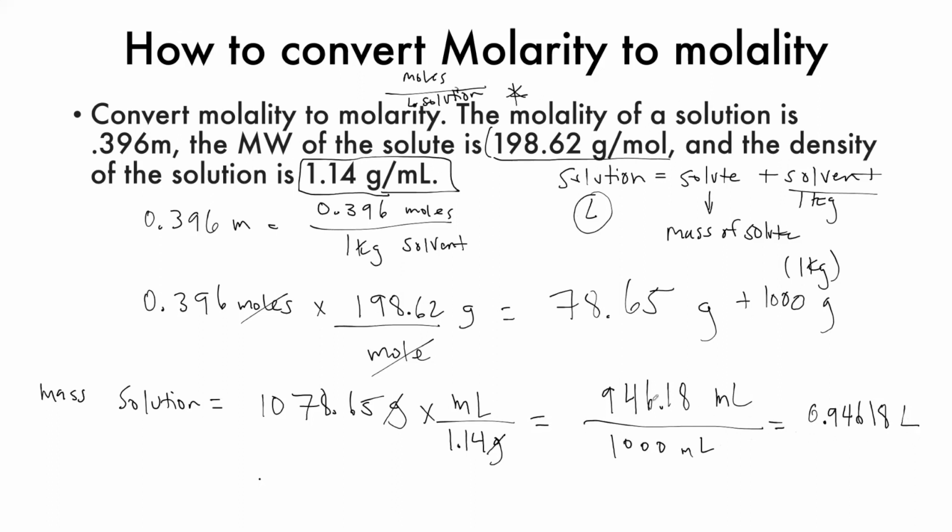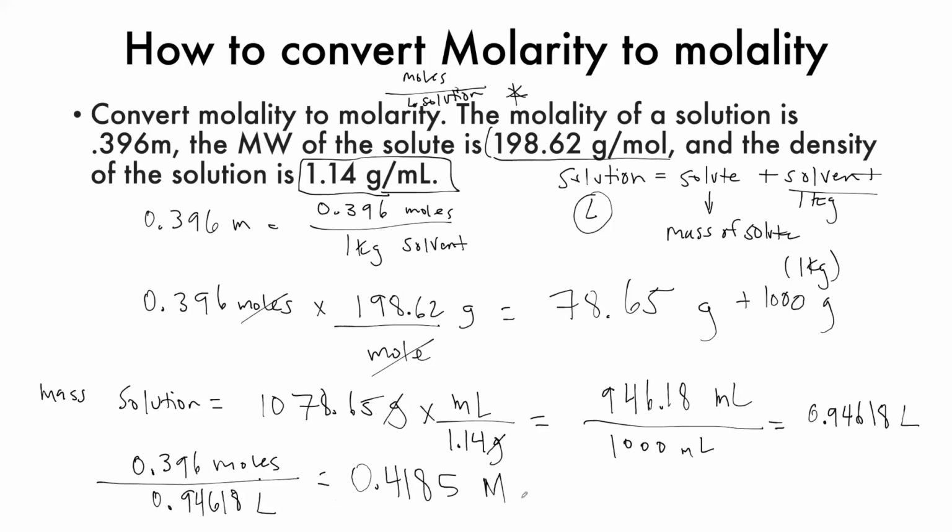And then the last step that we have to do is just divide the same number of moles that we had in our molality by our new volume. So we'll take 0.396 moles divided by 0.94618 liters. And this should give us 0.4185